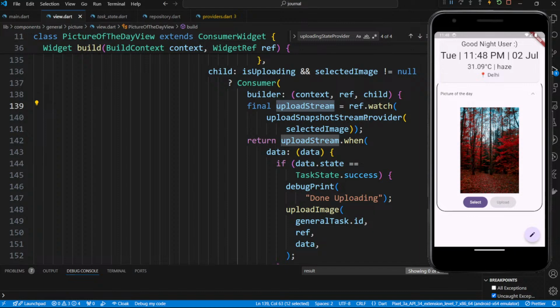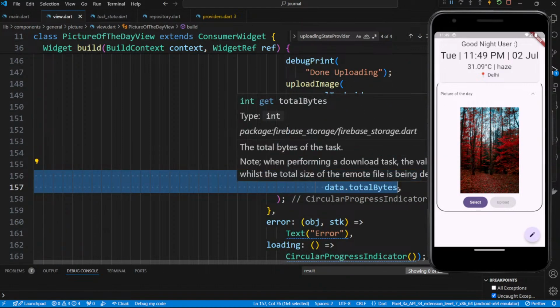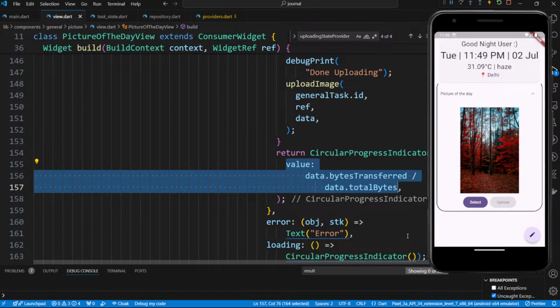Here we are watching the upload stream using the selected image. Selected image will not be null here because we are already checking it. And now we are using the when, and if there is data, then we show the circular progress indicator with the value as this one. Okay, so